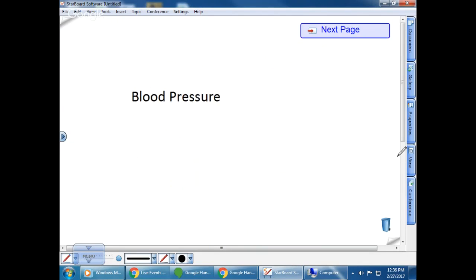Okay, so let's look at blood pressure. So again, blood pressure is measured in millimeters of mercury, right? And we talked about atmospheric pressure. That's the same unit as atmospheric pressure. And it's actually the pressure exerted on a certain amount of mercury, a column of mercury, and how it presses down on that column of mercury. It's kind of interesting. Anyway, so that's the blood pressure. And so when we look at factors determining blood pressure,